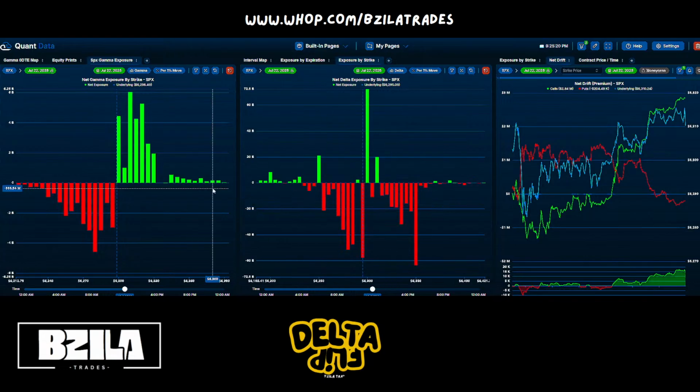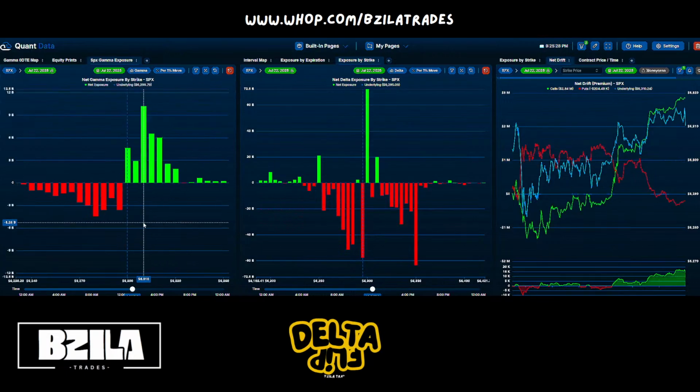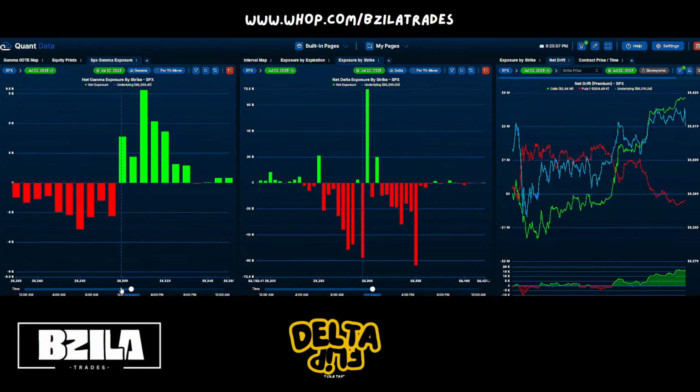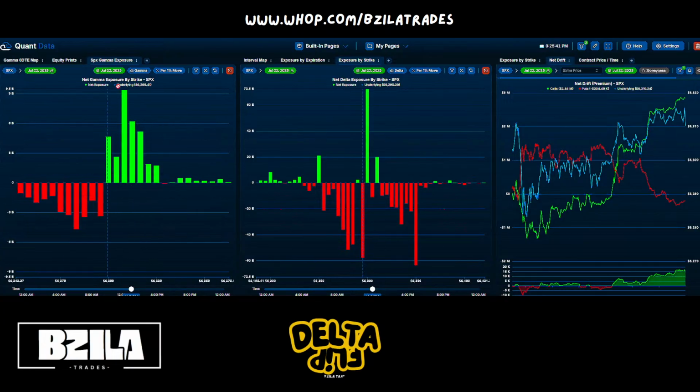Crossed 1:23. Price broke out around, let's go to 1. Let's just do it hour by hour. At 1 o'clock, you said downside at 12, so minus 4 billion. At 1, still minus 4 billion, but you can tell that upside